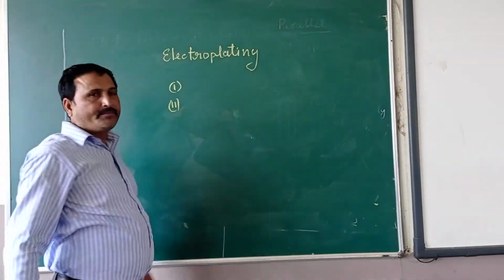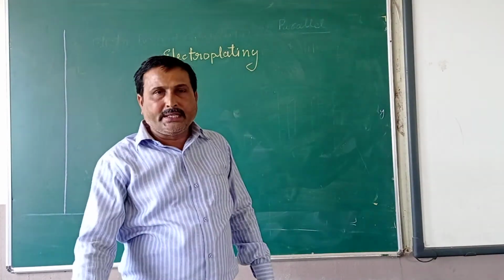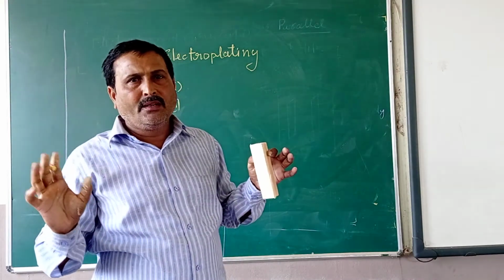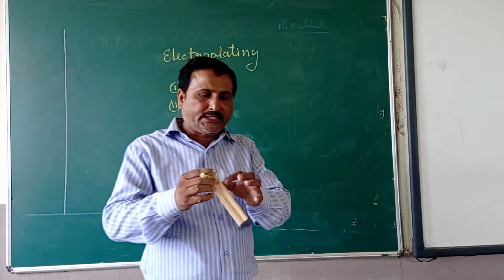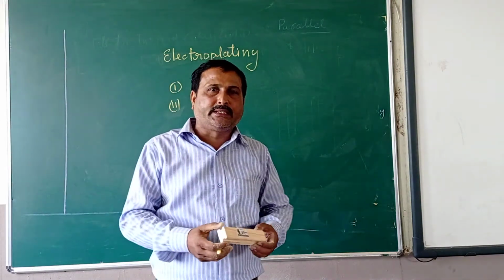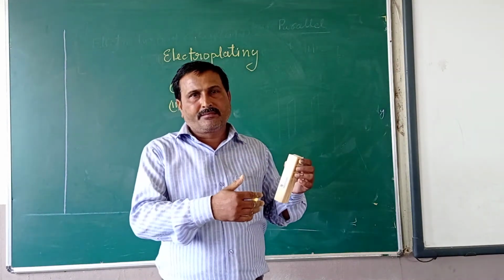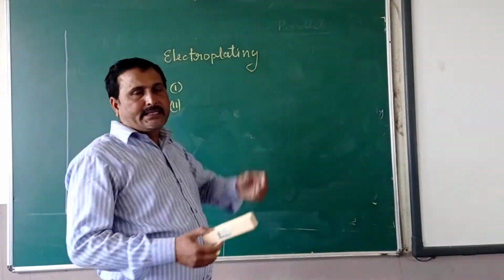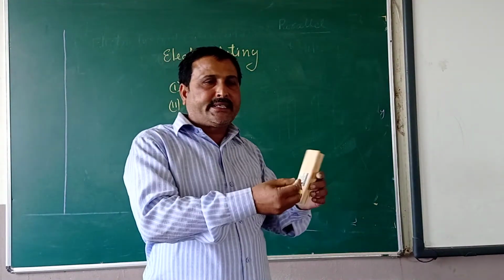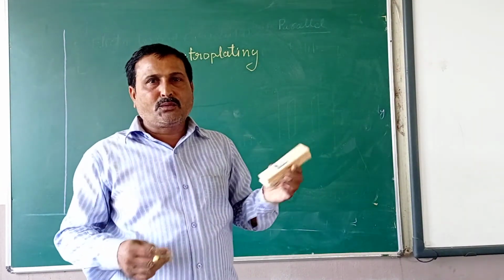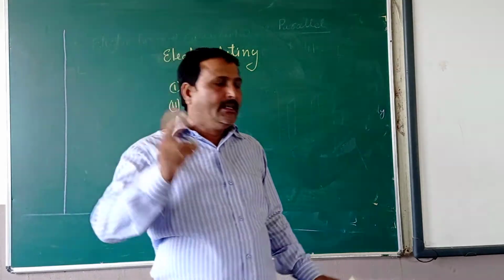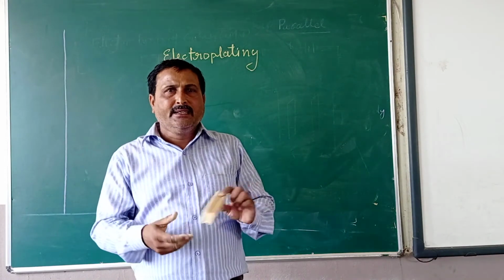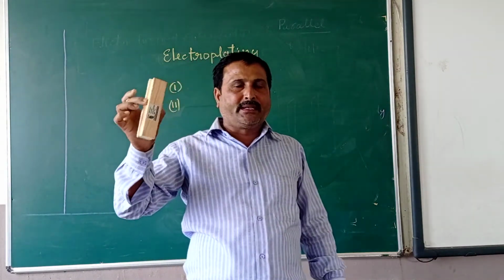See, what is the reason for electroplating? First reason is to prevent the metal from rusting or corrosion. What is corrosion? The slow destruction of the metal in presence of impurities is known as corrosion. Okay, rusting is used only for iron. Now, second reason is to give special appearance or look to the metal. Two reasons for electroplating: first, to prevent the metal from rusting or corrosion; second, to give special appearance to the metal.